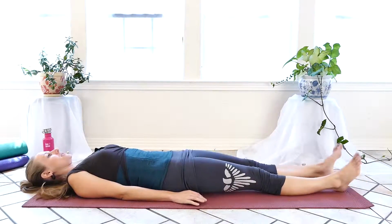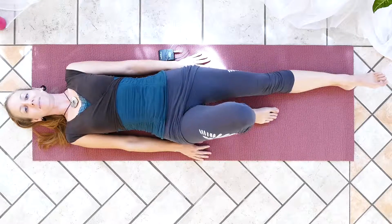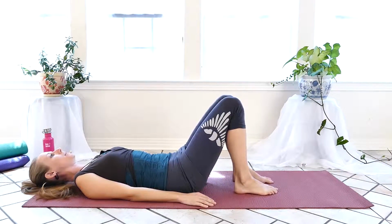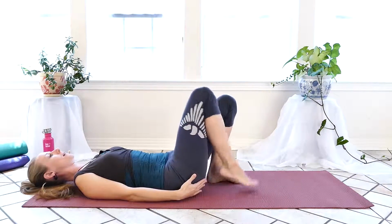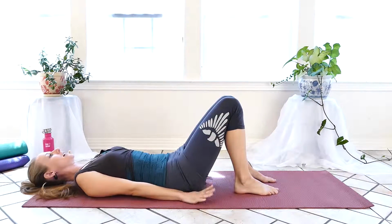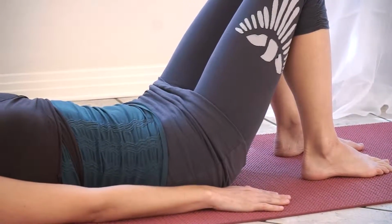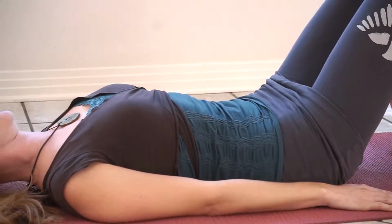getting nice and comfortable, we're going to bend the knees, bringing our feet on the ground, and you want your feet about hip width apart and not too close. You don't want to be super close to the butt, just like a nice comfortable space. Your hands are going to be facing down and your arms are alongside of the body. So go ahead and just begin by kind of tucking the shoulders back and down,